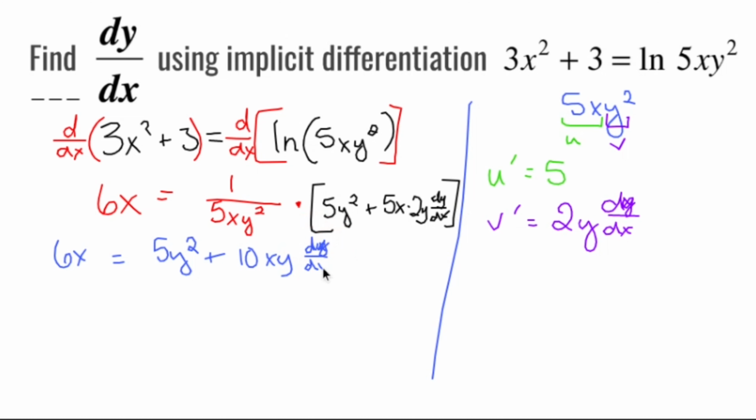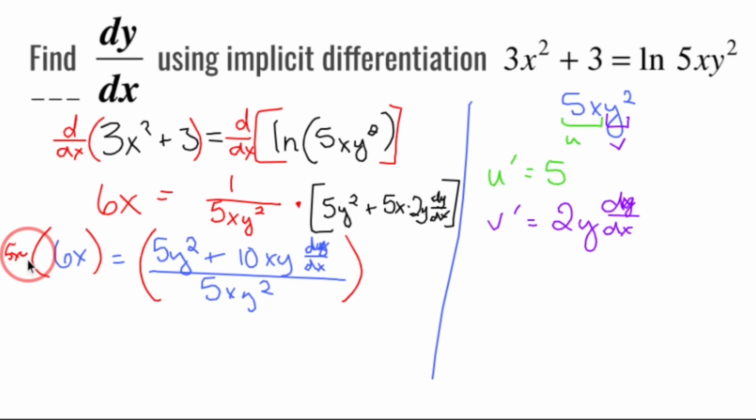dy dx, I keep doing that, all over 5xy squared. Now what I have to do is get dy dx all by itself. So I'm going to multiply both sides by 5xy squared. That'll allow me to get rid of this guy on the bottom. So I have 30x squared y squared, equals 5y squared plus